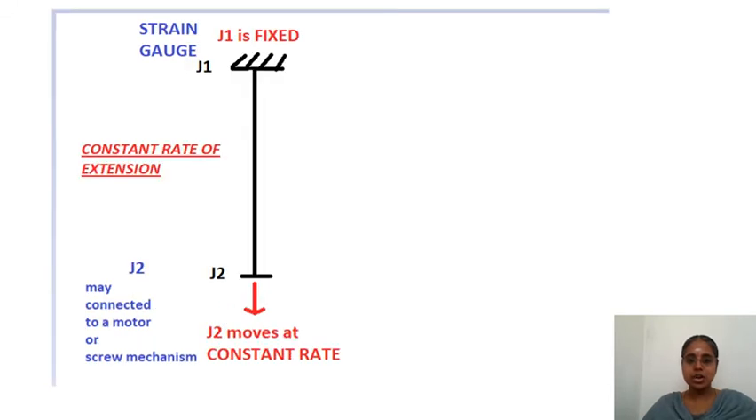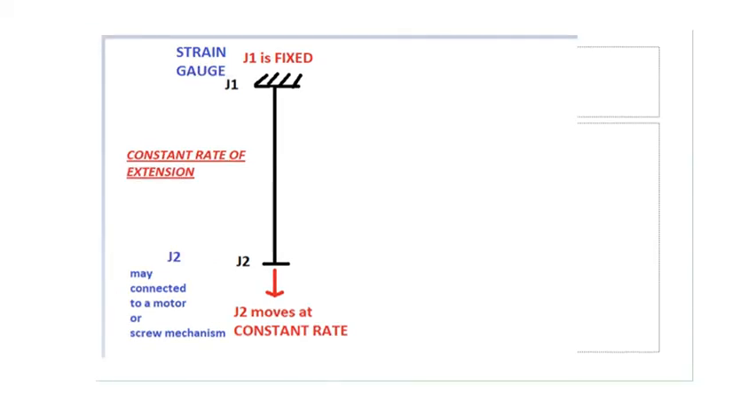This is called constant rate of extension. J1 is fixed, J2 moves at a constant rate. Usually this is 300 mm per minute. So this is called constant rate of extension. Next we'll see constant rate of